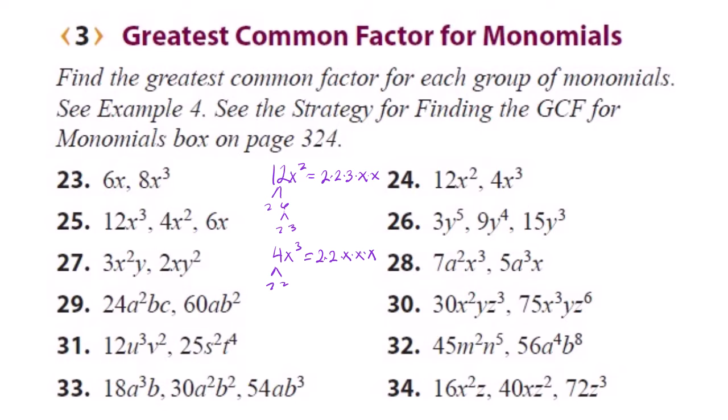So now we can see what they have in common. They each have a pair of 2's in common, and they each have 2 x's in common, right? And so we can multiply these together, 2 times 2 times x times x. So we multiply those prime factors in common and we get 4x squared. Okay? All right, so you might notice